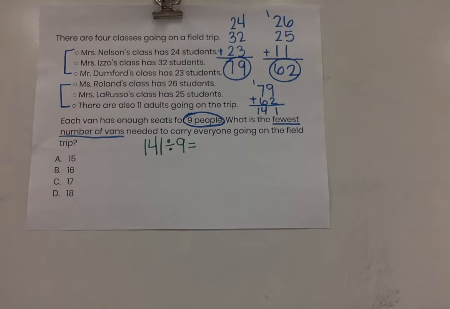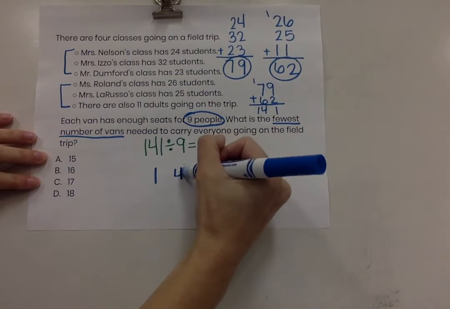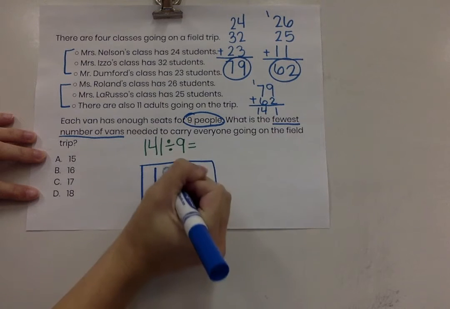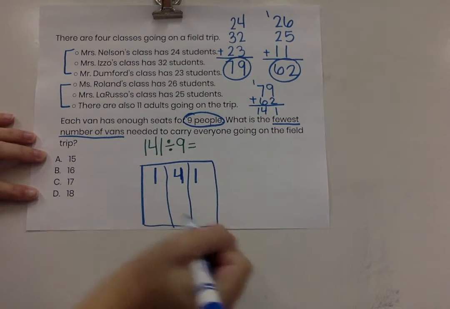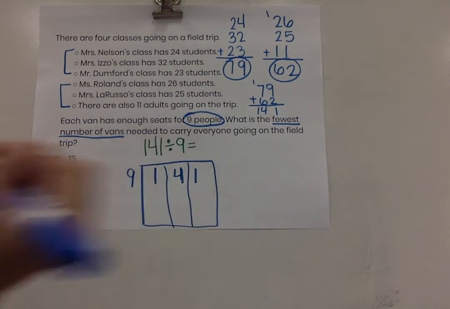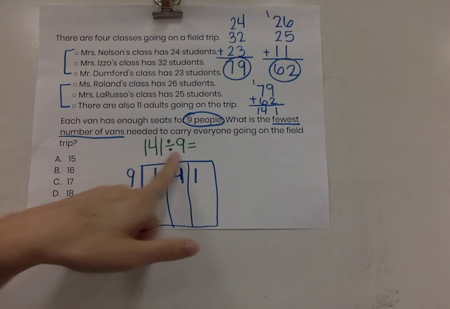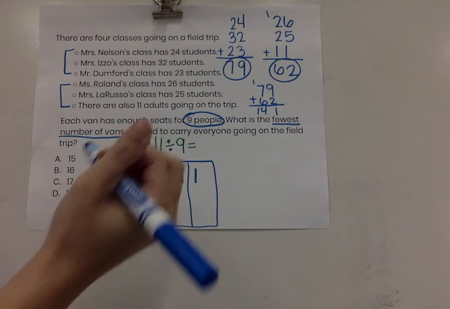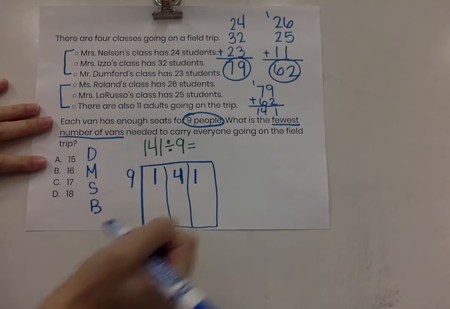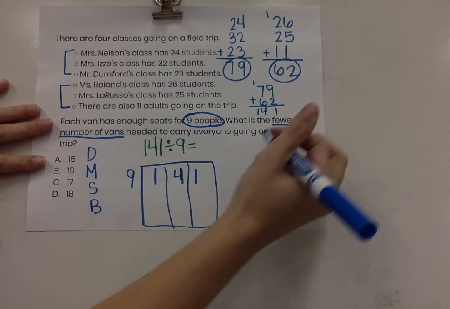141 divided by 9. Well, I know that 141 is my dividend. It's the biggest number. Your dividend is going to go inside the box. And I know that 9 is my divisor because that is what I am dividing by. And remember, our quotient is the answer to the division problem, and it'll go on top. I also need to write divide, multiply, subtract, bring up, and I need to write my multiples of 9